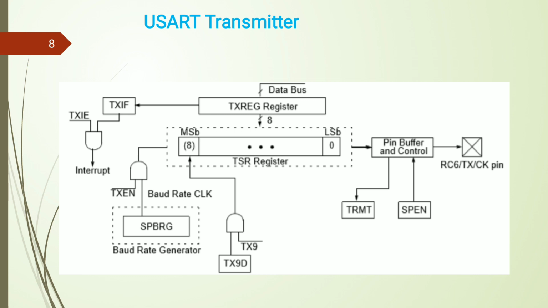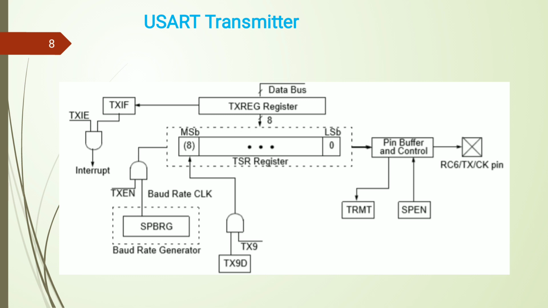Here TX9 is nothing but we are enabling the 9-bit data transmission by making TX9 equal to 1, and whatever the actual contents are, they are applied to the AND gate's second input, that is TX9D. So if TX9D is equal to 1, then automatically the AND gate generates output 1, as TX9 is always 1 for 9th bit of data transmission. If 9th bit is 0, then output of that AND gate becomes 0, that is low, and 9th bit is low. So based on that, the 9th bit is transmitted with the help of TX9 and TX9D towards the TSR